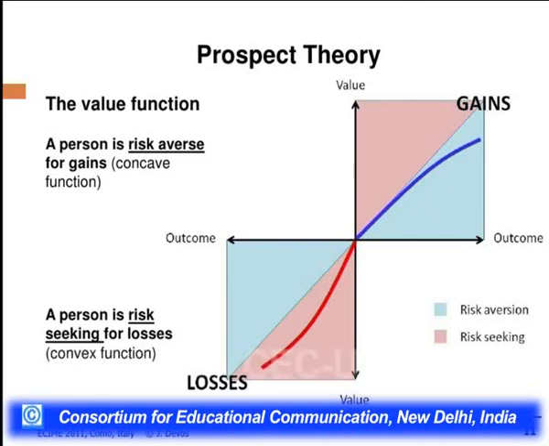Second property of this is that this S-shaped curve is less steeper in the gain quadrant, but is more steeper in the loss quadrant, which explains this loss aversion theory, which says that we feel more hurt or we feel more sad if we lose rupees 100 as compared to if we earn a profit of rupees 100. So, we will feel the dissatisfaction or the amount of loss will have more reduction in our value or our satisfaction, or we will feel more hurt when we lose money. So, that is why this S-shaped curve is steep in the loss section.